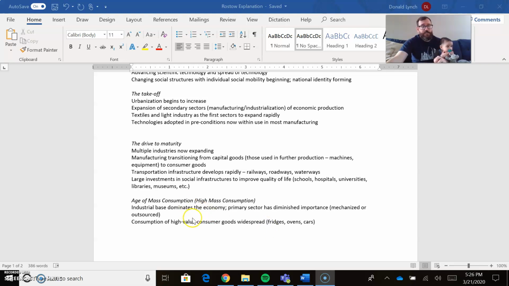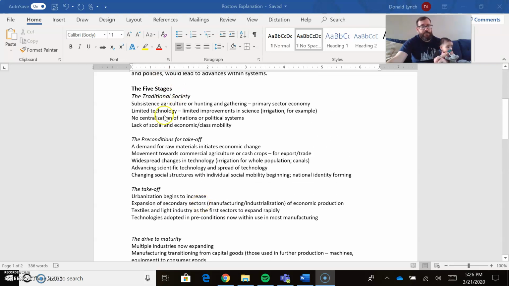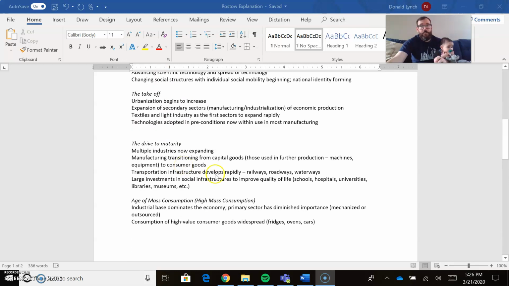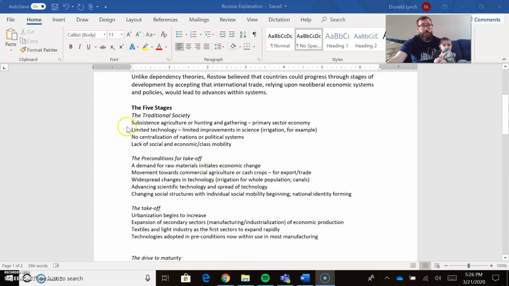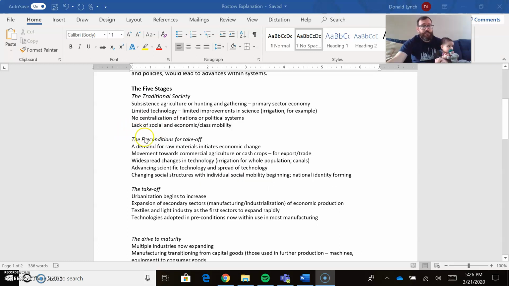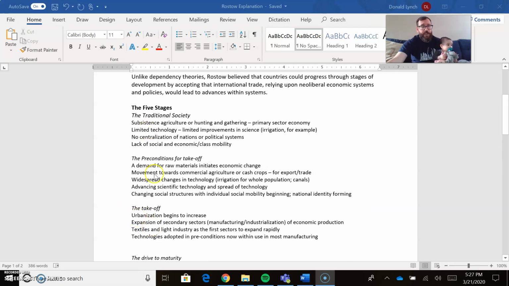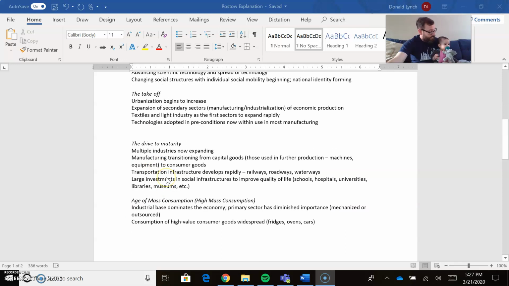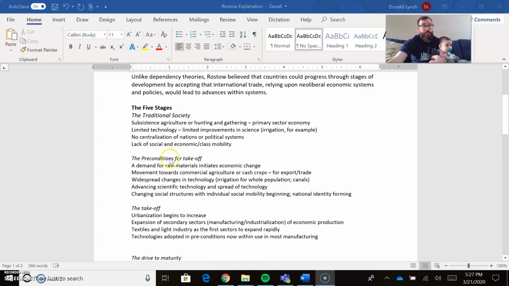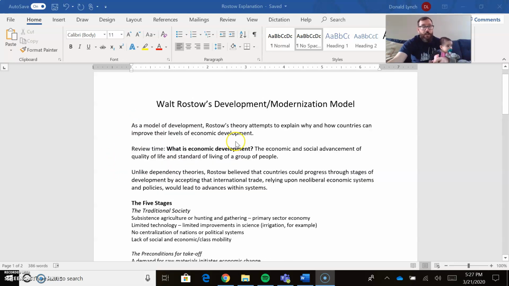There is a stage beyond this that Rostow goes over, but really these are the first 5 stages and they're kind of integral and important in understanding all of his ideas, right? So essentially what he believes is that every single country in the world and every single people can go through these 5 stages of development. It's not all going to happen at the same time. Different countries will advance at different points in time, and it will take different initiators to move people from traditional to this preconditions for takeoff in different aspects